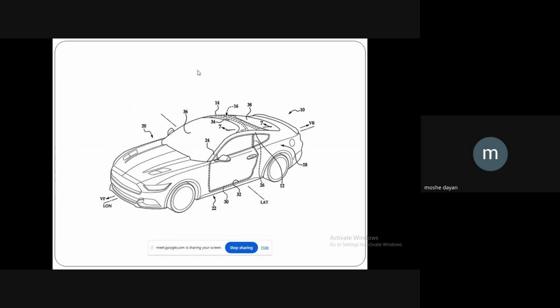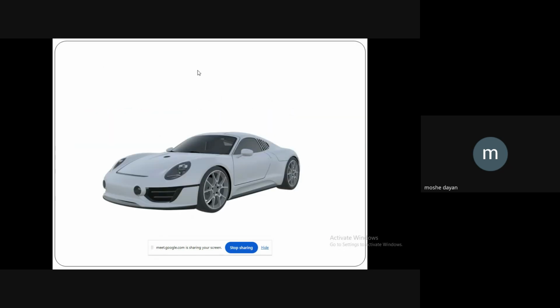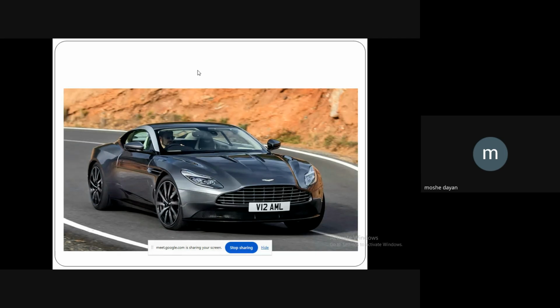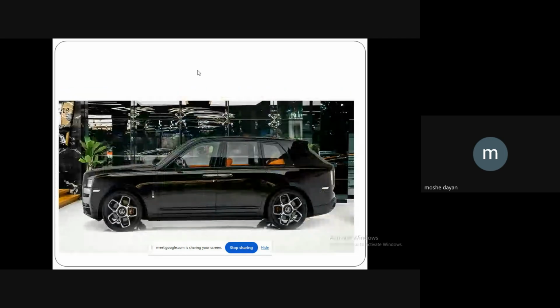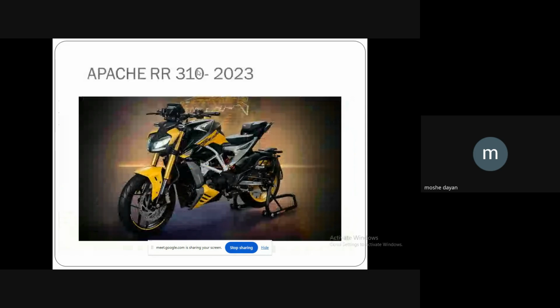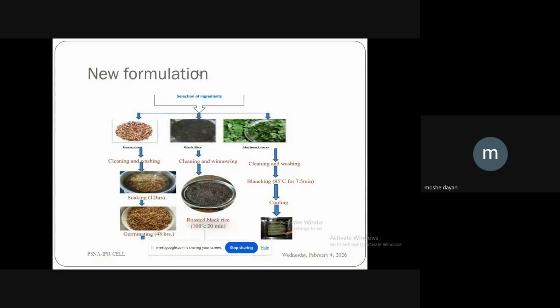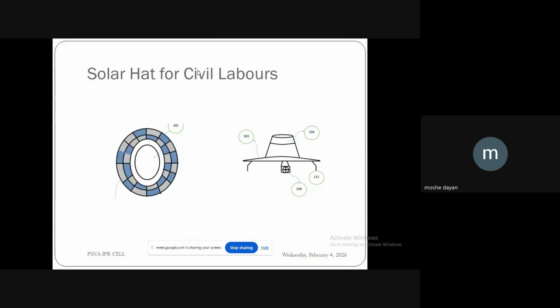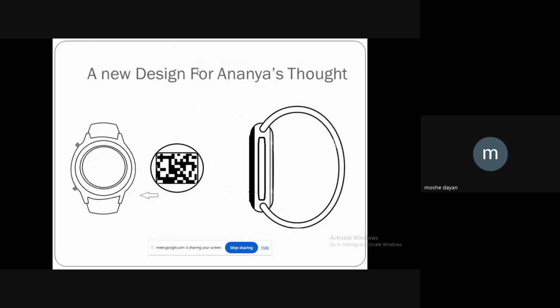Okay, so in the later part of this session, I'll be talking about how to file a design patent thoroughly, based on the real patent grant we received recently. Yeah, these are some of the latest patents we filed. And this is one interesting patent. We applied for a design.